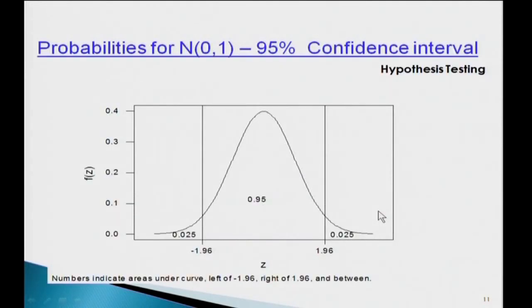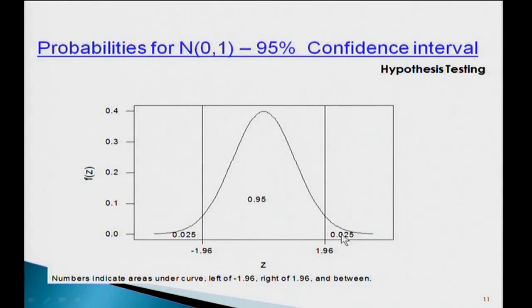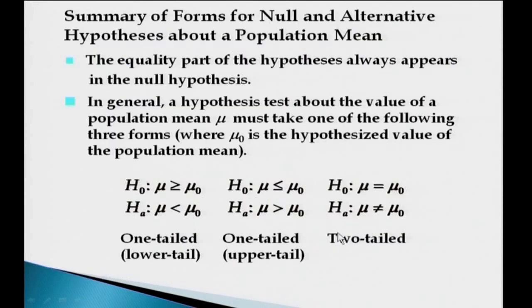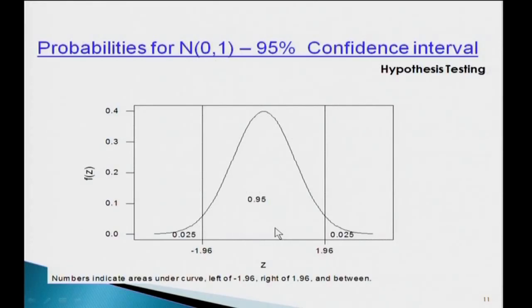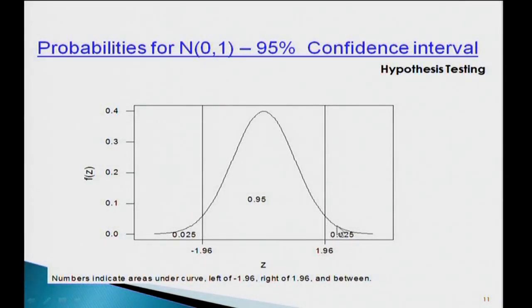In one-tailed, you will not see this line if it is right tailed. So, there will be rejection on only one side, with the complete 95% on the left side. So, you will have 5% on this side if it is a one-tailed, upper tail 5% rejection, right. In the same way, if it is a lower tail 5% rejection, your 5% will come only on the left side, and you will not have any rejection on the right side.